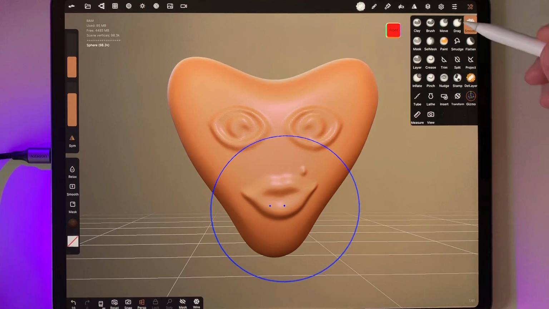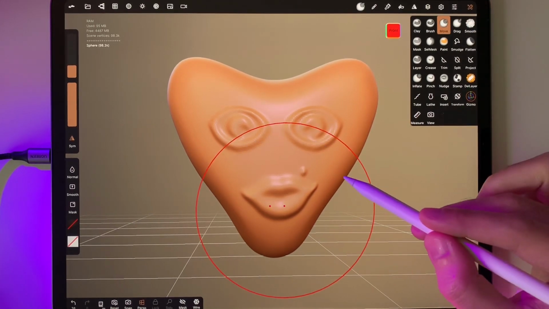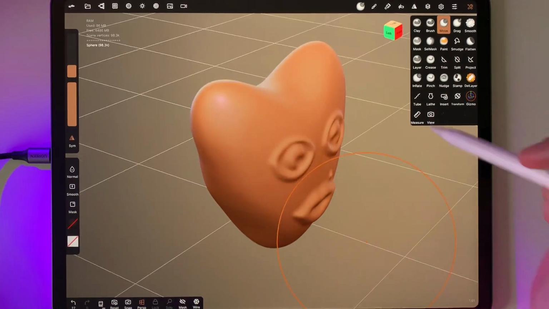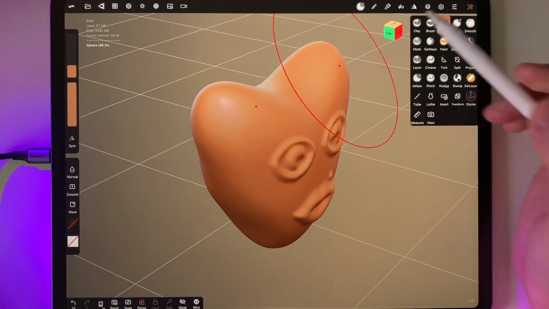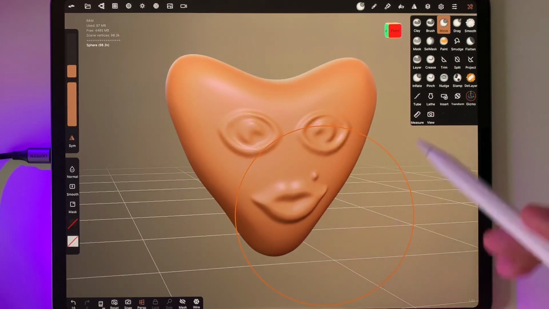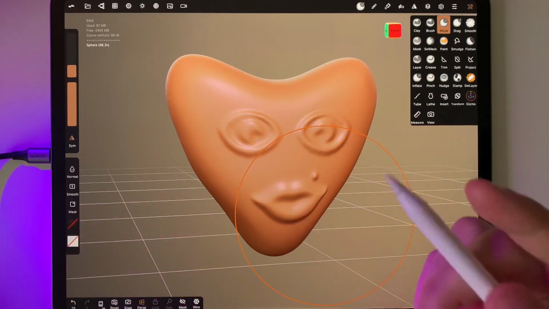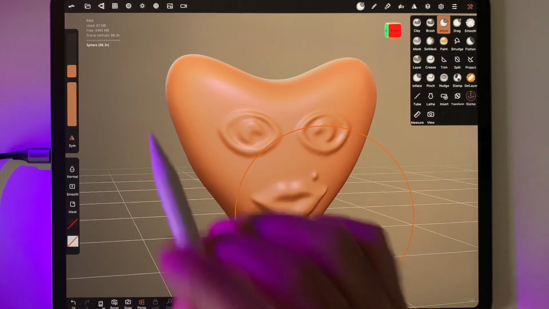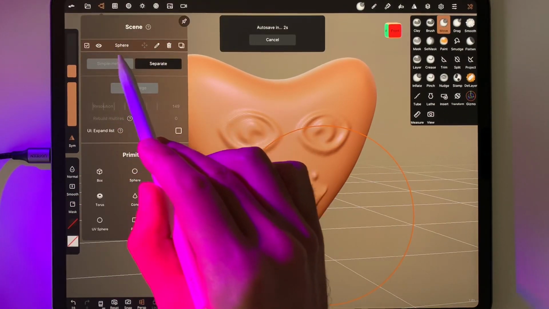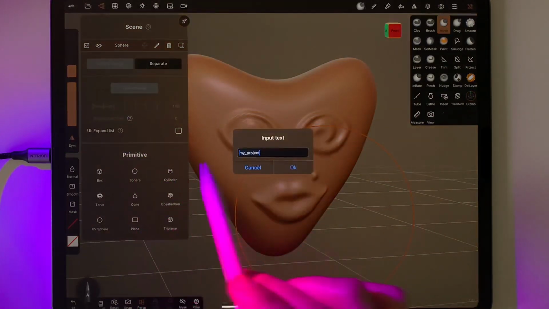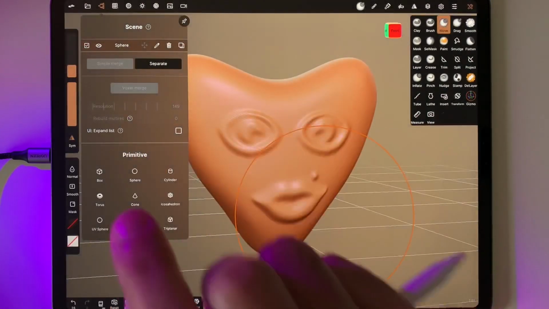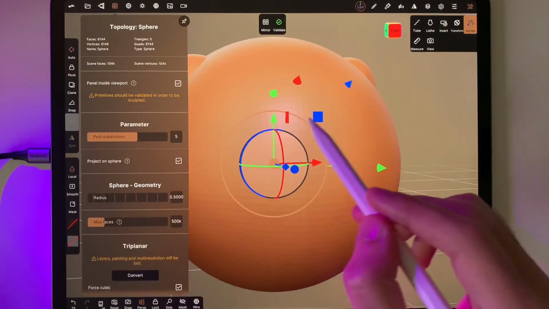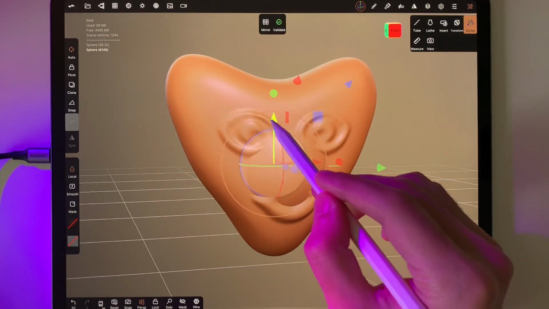So this heart, weird heart, is now ready to be taken into Procreate. Again, I've mentioned there is a limitation. So if you have a very big object or many components, what you need to do is to remesh them all into one. So this is very important. The first step and tip is that you only need one object. So if you have multiple objects, the actual UV mapping would be very complex and you won't be able to deal with it. So if I want to add, for example, a sphere into the heart here,